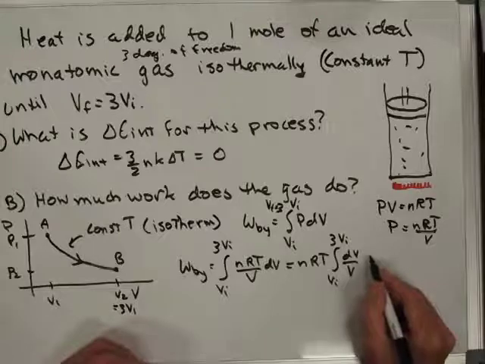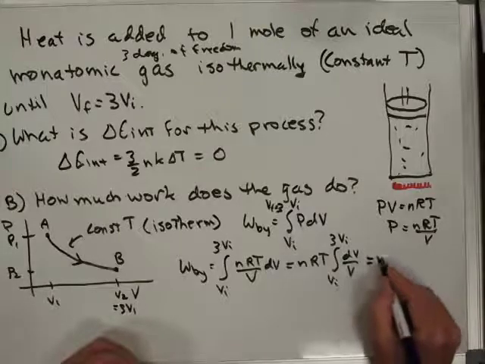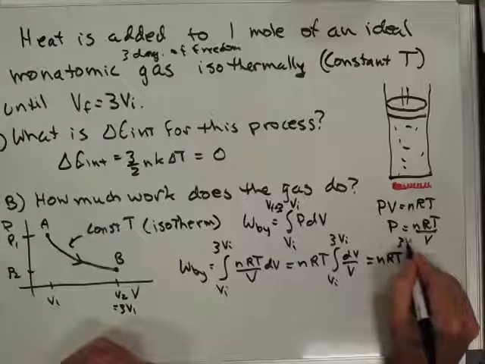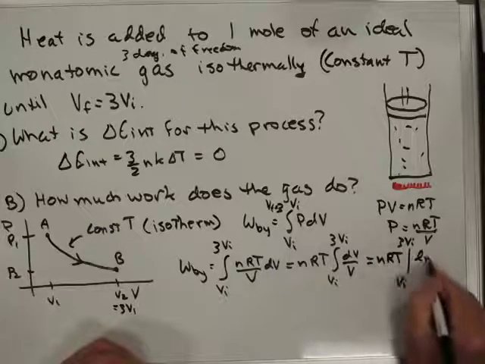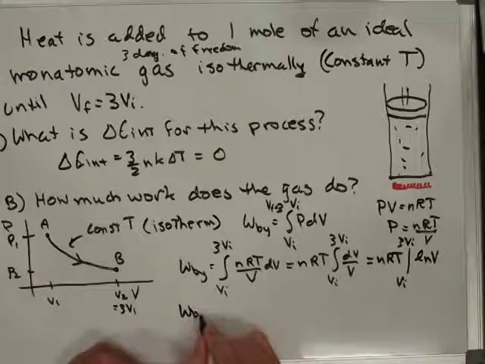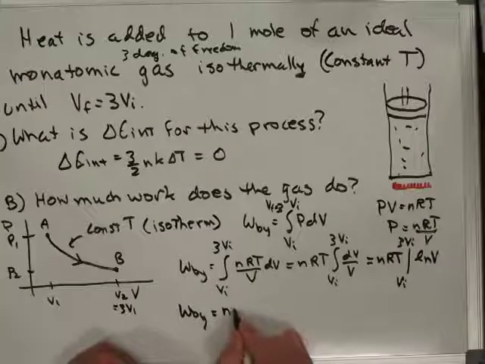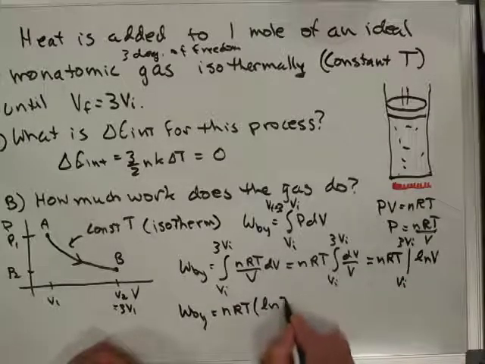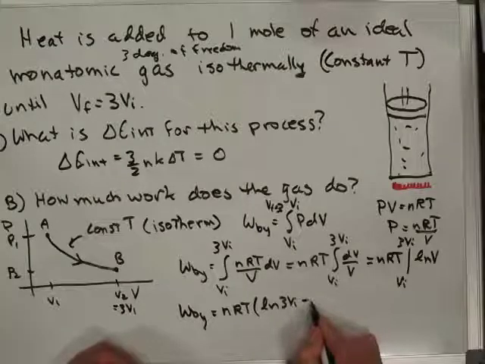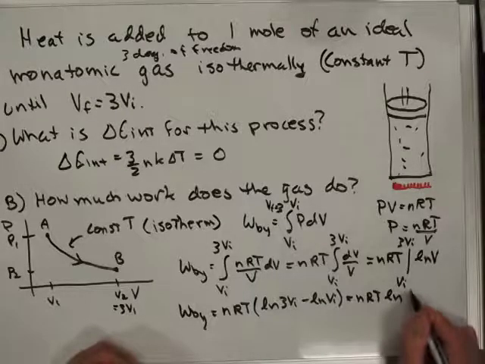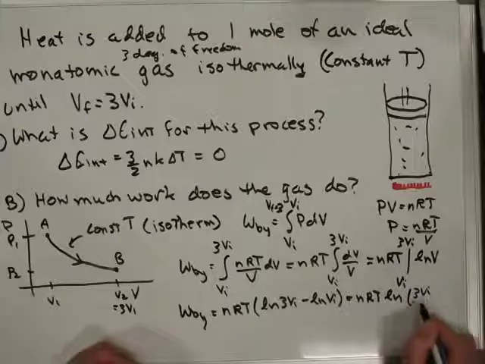And so this is nRT times the evaluation from V initial to 3V initial of the integral of that, which is just log of V. And so the work by is equal to nRT times the log of 3V initial minus the log of V initial, which is nRT times the log, if you remember your log rules, of 3V initial over V initial,